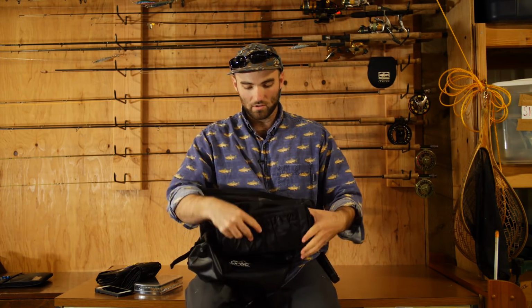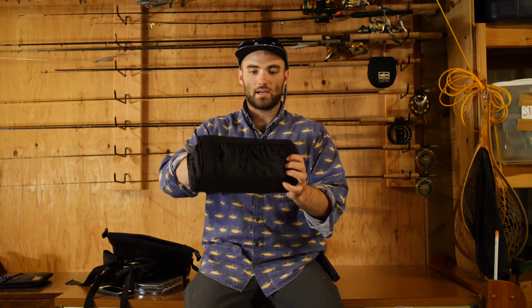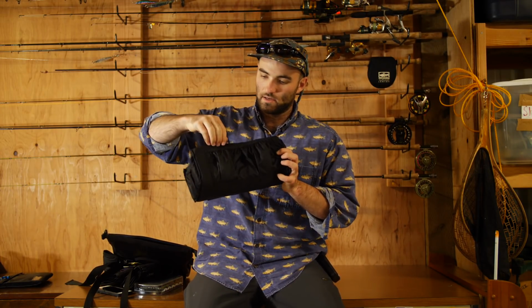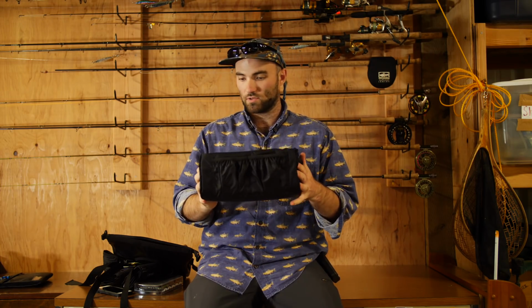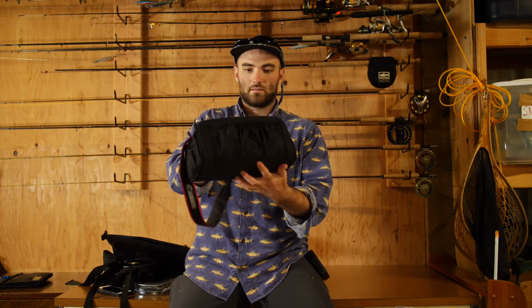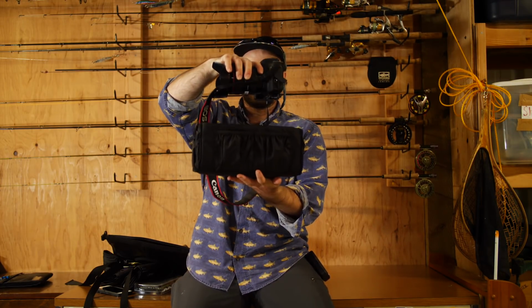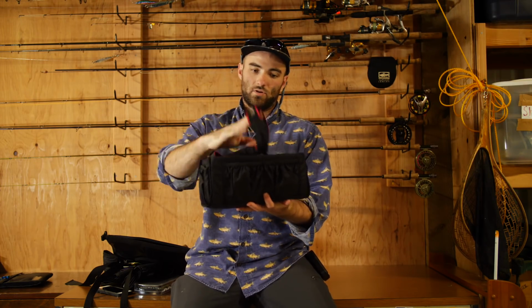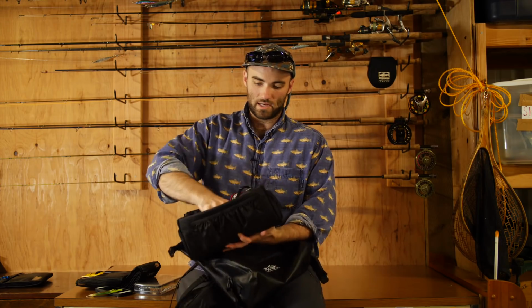There's a removable padded liner. It's got little holsters that you can keep your goodies, spare tips, monofilament spools, and my favorite addition, it holds a big camera very nicely. So if you like to take pictures, you find yourself always out on the river,